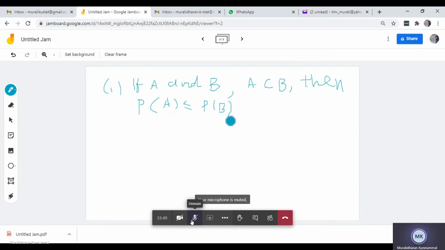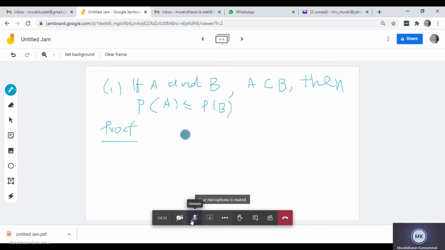So A and B are any two events from the sample space, that's all. Its proof can also be done very easily. Please write down the proof, because maybe after 2 months we may have a physical examination. In that case we will need the proof also. If it is MCQ type, then definitely this kind of proof will not be asked. But you should know the proof also. That's why we have done it earlier also.